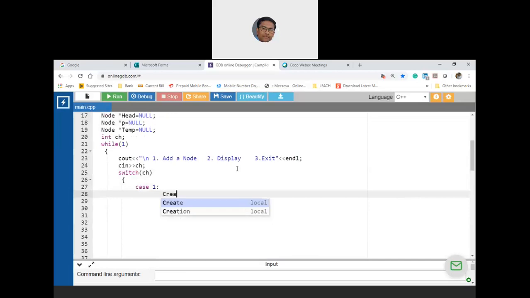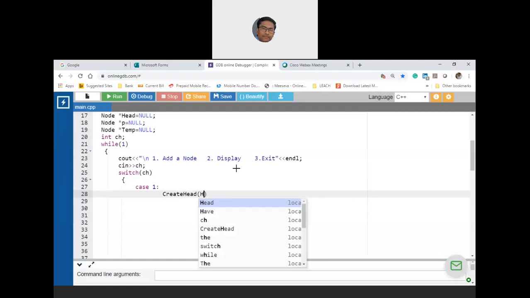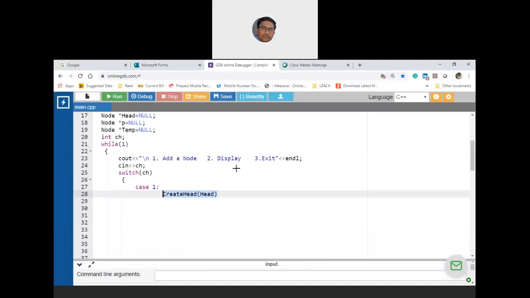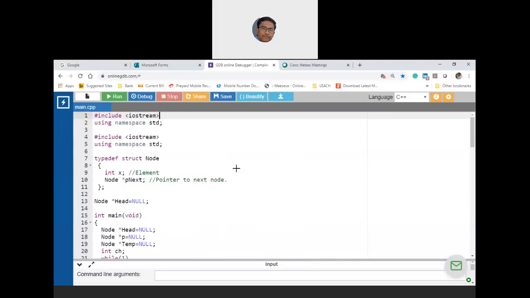So let us say create head was the function. I don't need to pass head again. Why? Because if I use create head as a function outside of main, I don't need to pass Node*. Instead, I need to pass the value with which I need to create, let us say int k.